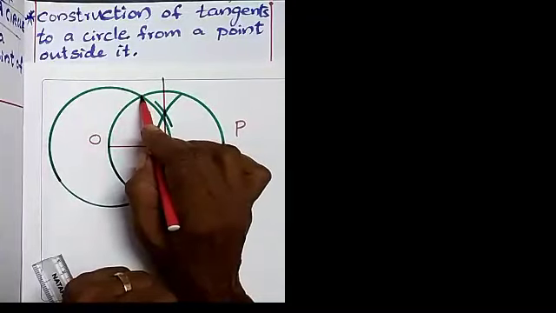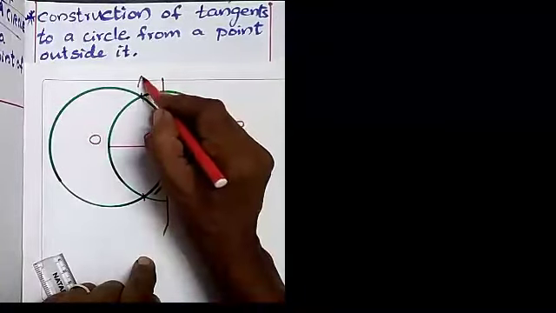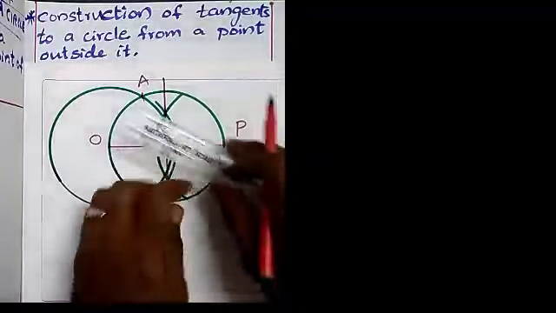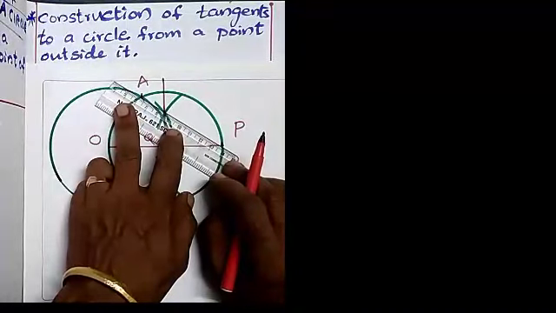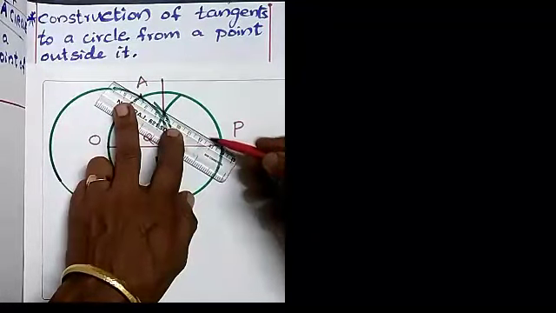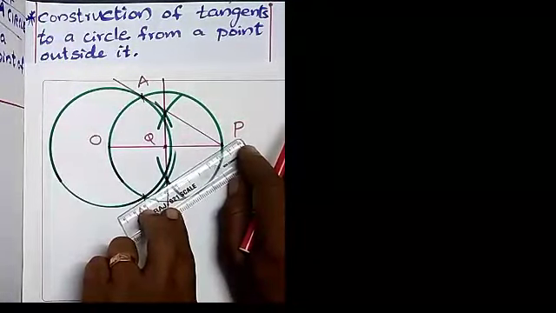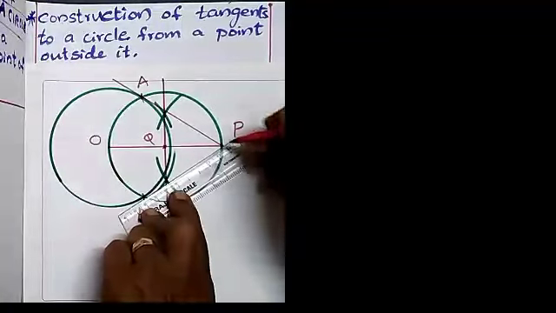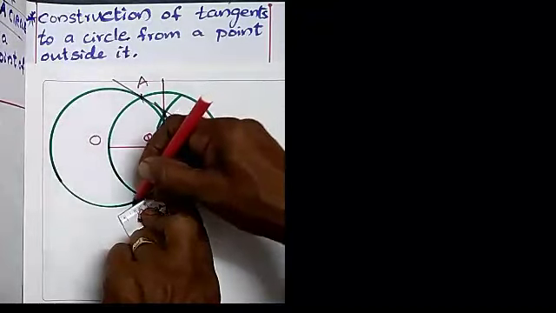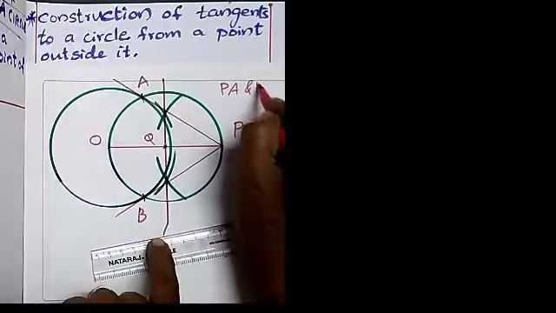Now the next step is, you can see two intersecting points here. The two circles intersect at this point, and here also one more point. Can you see this? So this point you can name A, and this point is B. Now the next step is, just you join the external point P and this intersecting point A. Just you join and extend. This line PA will be one tangent. The same way, another tangent here you can see passing through P and this intersecting point. Just you join it and extend. So the two tangents are PA and PB.